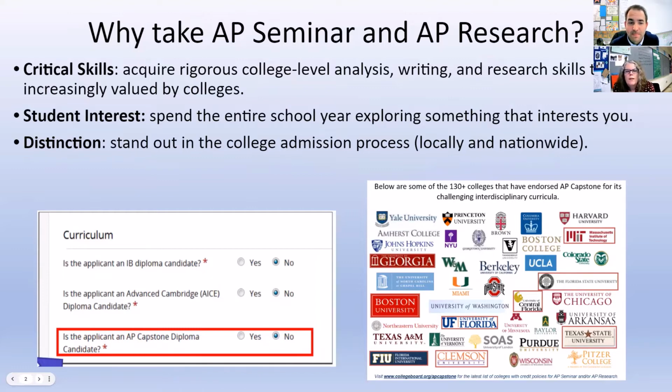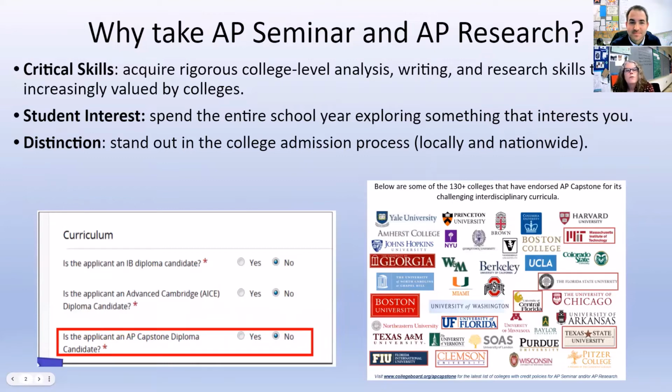Yeah, so the great thing about AP Seminar and AP Research is that the topic you explore in AP Seminar, you can continue to explore in AP Research. In AP Research, though, you actually come up with an original research project, which means you design the study, you carry out the study, you collect data, and you analyze your data. So by the end of the class, you end up with an academic paper that you can take to college. If you're interested in doing research in college, you can hand it to a professor and say, well, I already understand how research works.